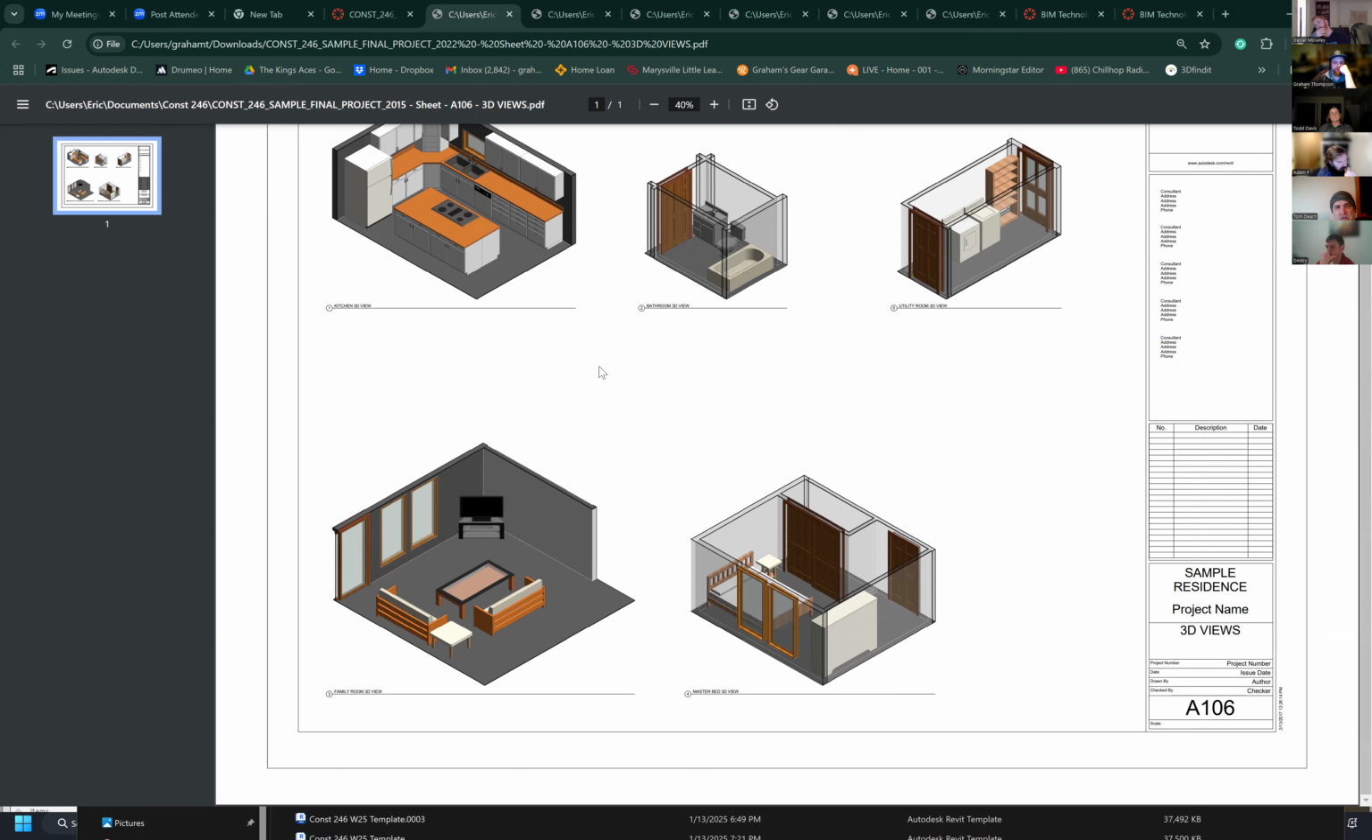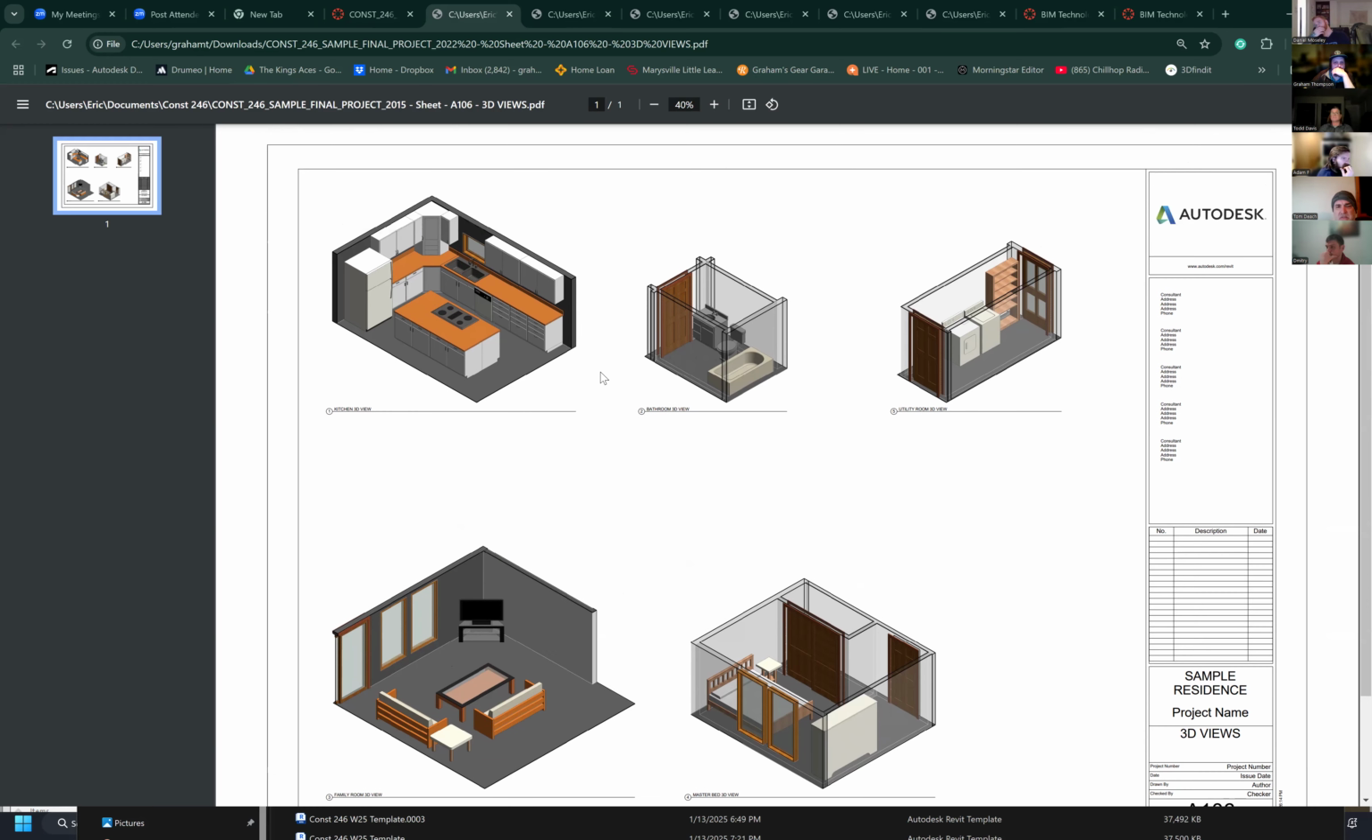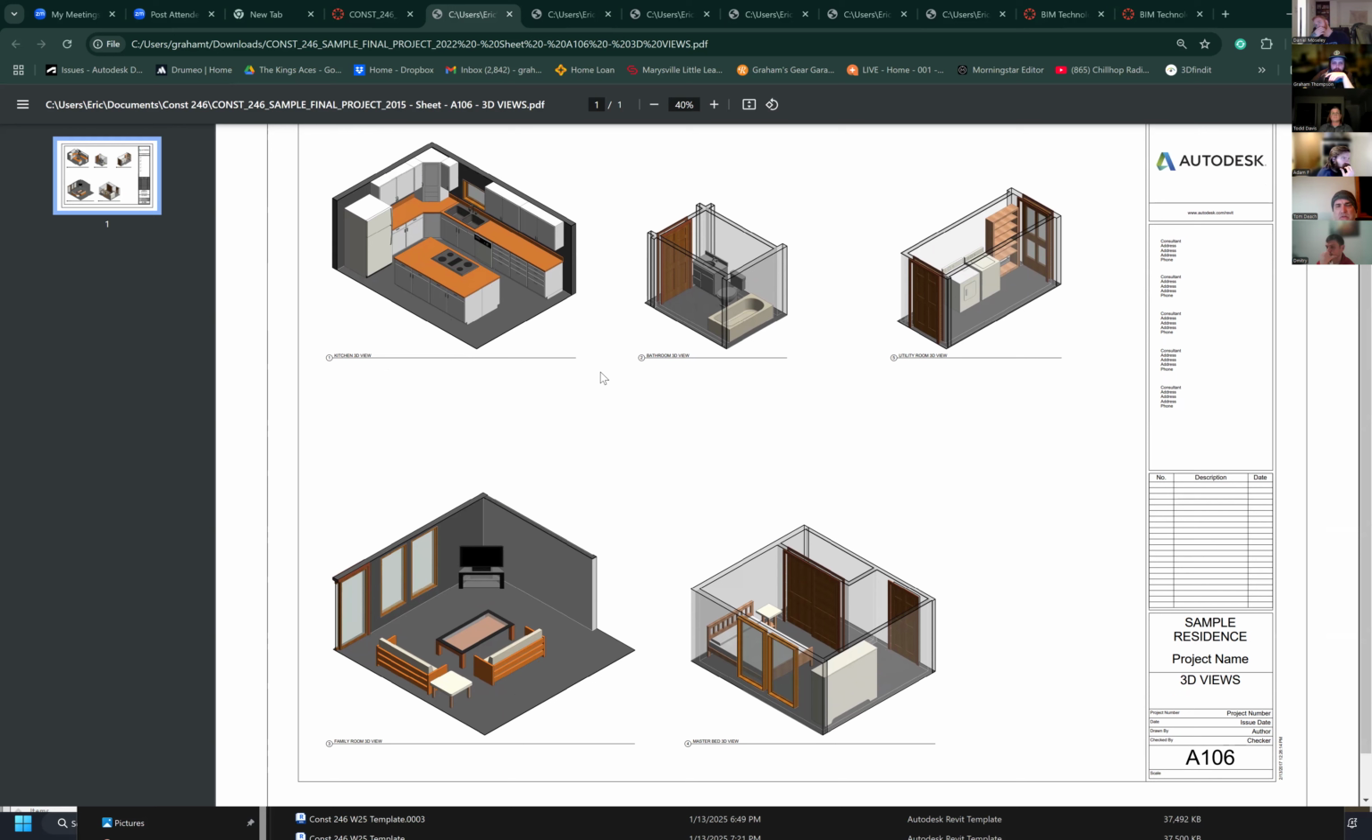Are we allowed to create just an imaginary space if we want? Yeah, if you want to create an imaginary space, that's fine. I don't have an issue with that. Just make sure that maybe it's something you want to build, right? I don't care. It should be some type of a small dwelling, or